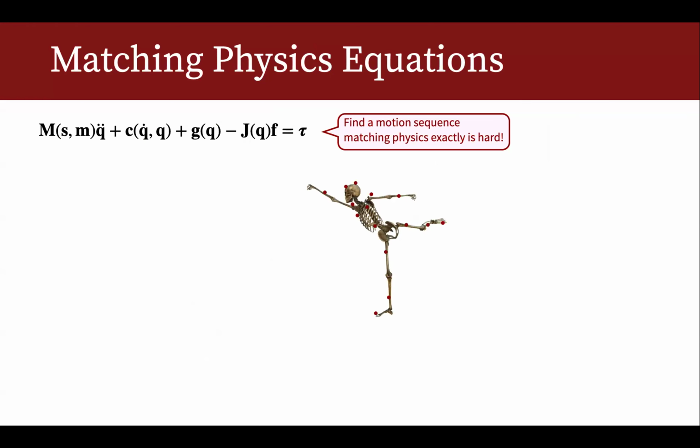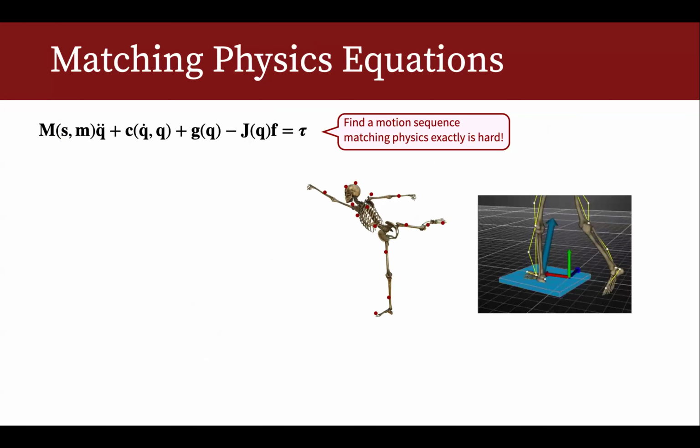Now, the interesting thing is that in order to fit this equation, we have two sources of ground truth. We have one source coming from the motion capture system, which gives you markers, and we have another ground truth that's coming from the force plate. Which one do you trust more? Because neither of them by itself will satisfy this equation.